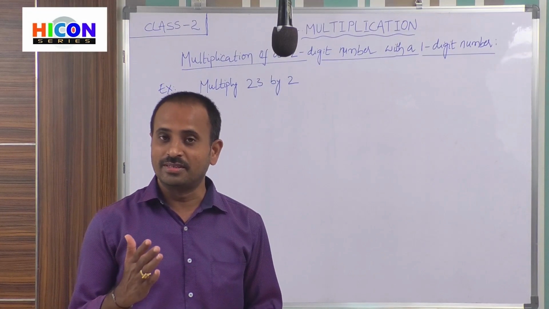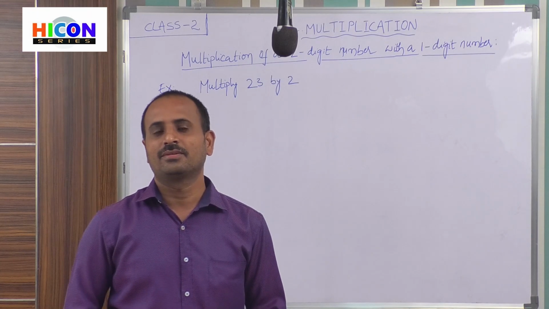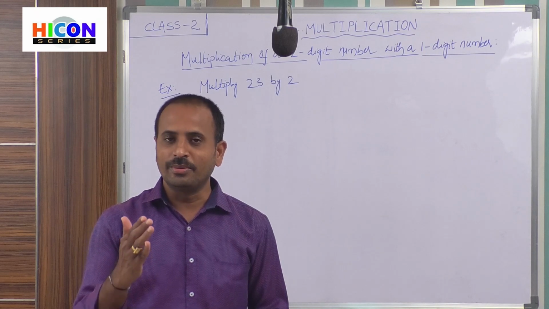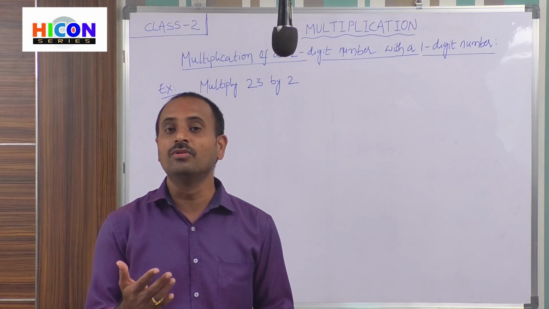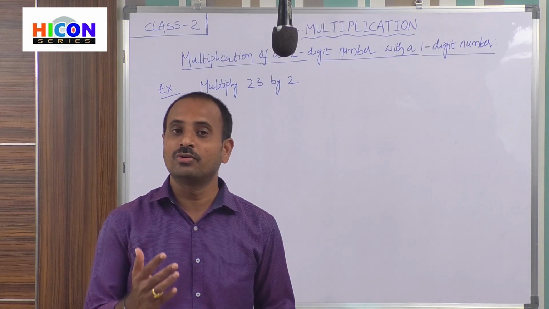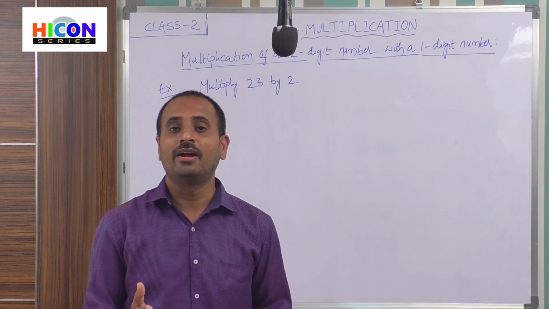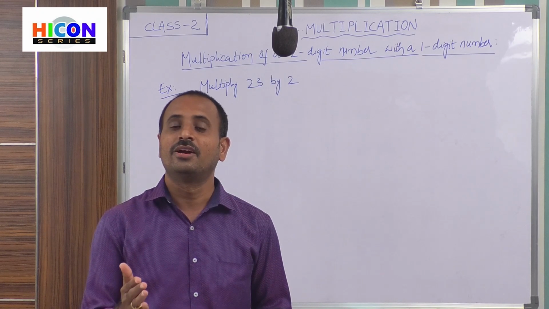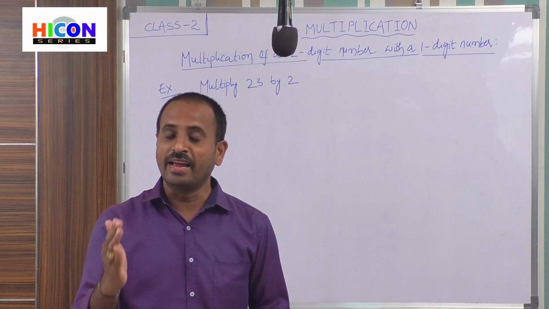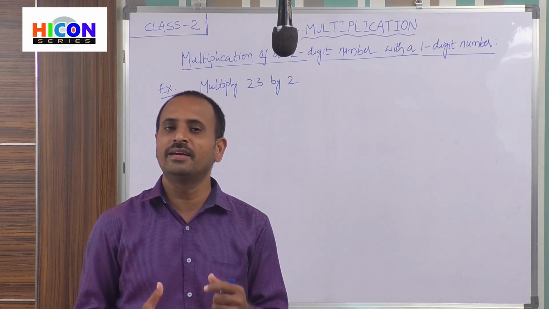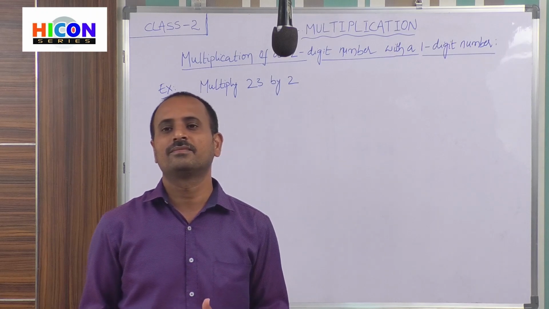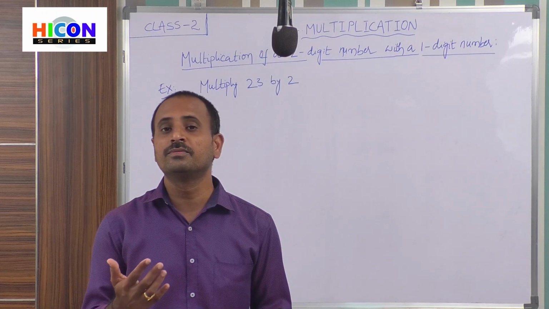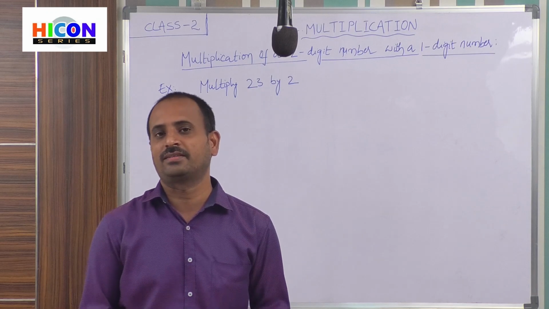So up to now we have discussed multiplication: what multiplication is and how to show it on the number line. We have also learned how to write the tables, that is the table of 5, 6, 7, 8, 9 and 10. So we have already learned how to write the tables from 5 to 10, and also what the multiplication facts are.